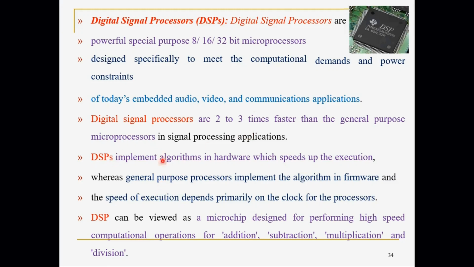What is there in the DSP? DSP will have a program, right? You need to have a program or firmware, an algorithm which works on the digital signals for processing. Now DSPs are very fast, because its only purpose is to process signals, unlike your microcontroller or microprocessor, which work for general purpose. The DSP is very fast.